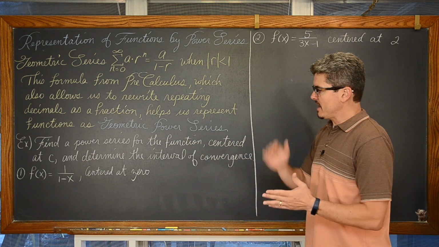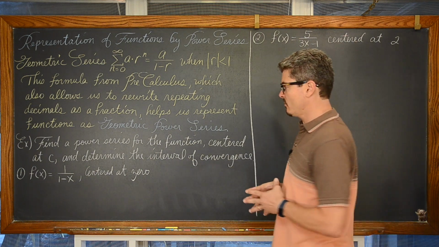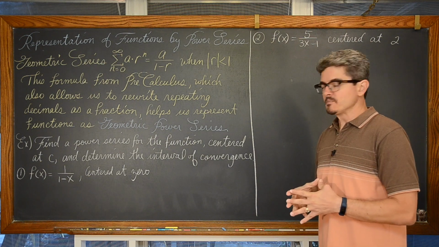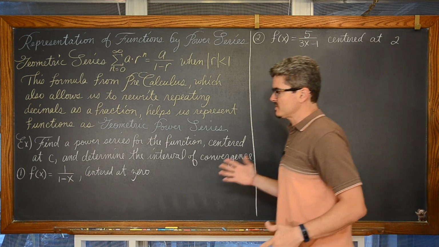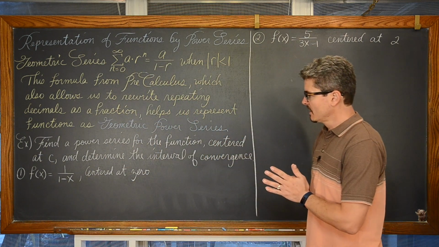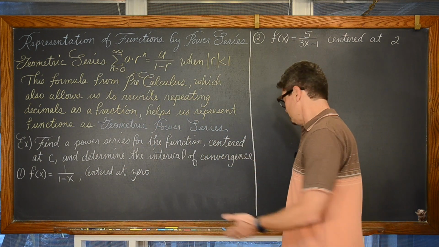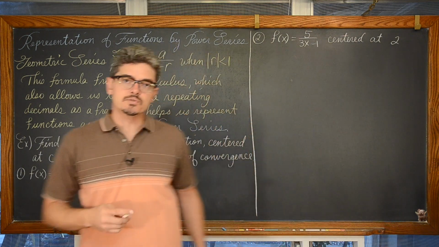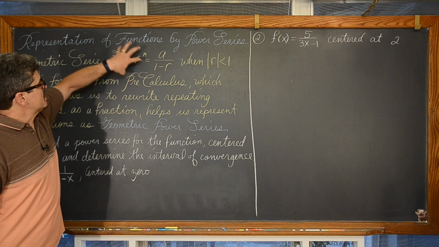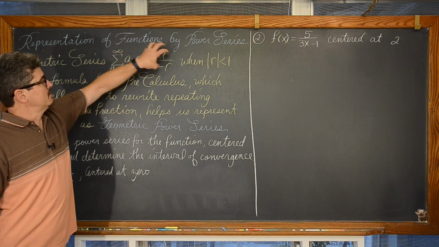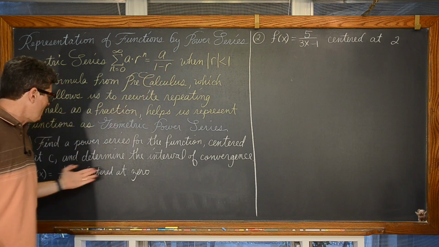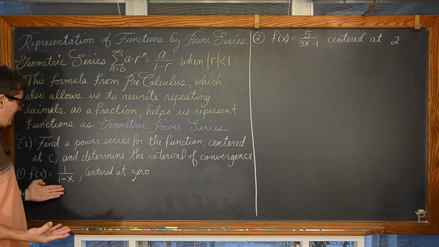And in this case, we're going to do f of x is equal to 1 over 1 minus x, and we're going to be centering our geometric series at 0, which is going to estimate values of this function. Well, I said we're going from easy to hard. Look at our function: f of x is equal to 1 over 1 minus x. And this relationship with creating a geometric series that will represent a given function, a over 1 minus r, we're already in that exact pattern.